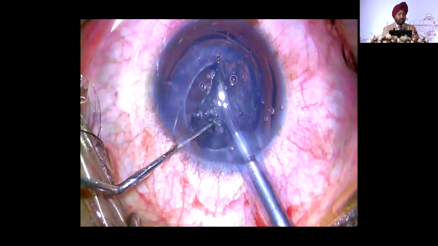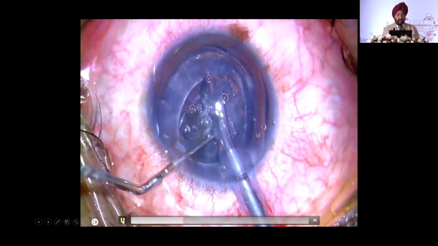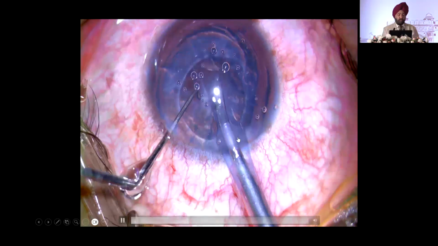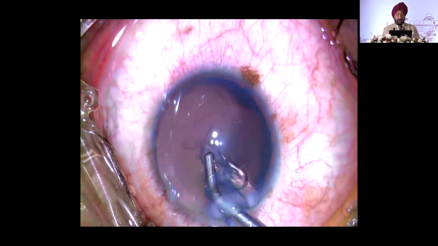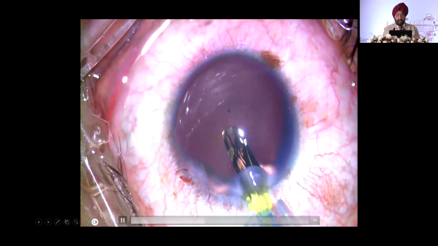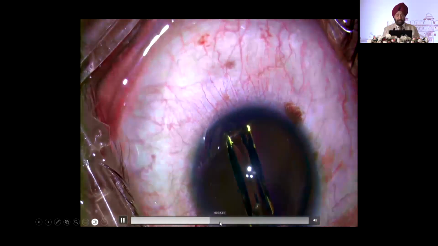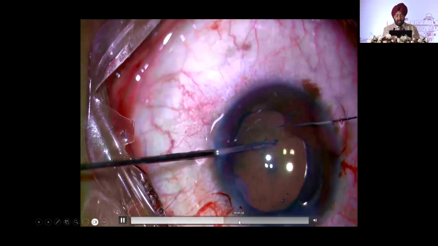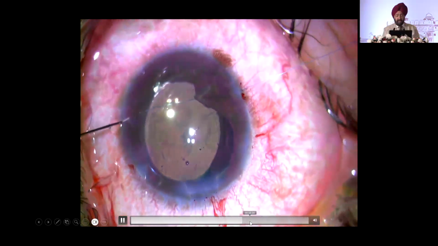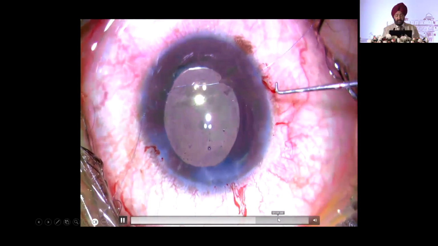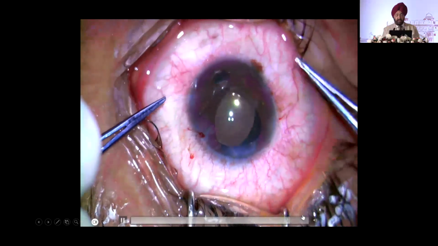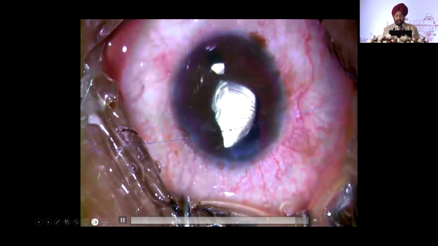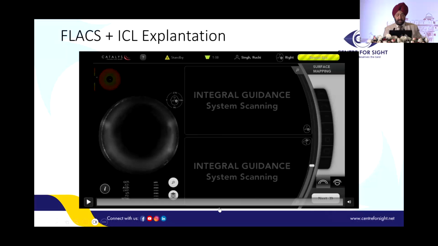So a femto, even in the presence of vitreous in the AC, is going to work, and you will get a fantastic capsulorhexis. You will have a pre-chopped nucleus, and therefore the disturbance which is likely to be there is going to be very little. And you can see we can go ahead and put in a lens, and then an endocapsular ring, and do an SFT in this particular case to bring down the pupil, as you can see. So tough situations like these, where there is a subluxation, dilated pupil, etc., can be done.